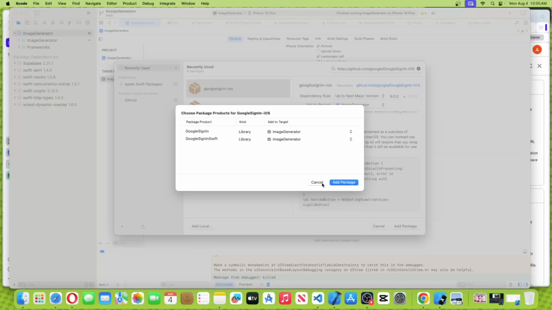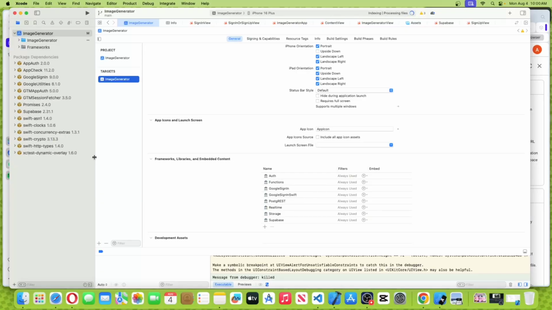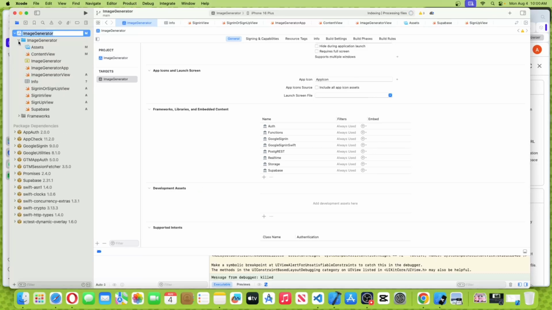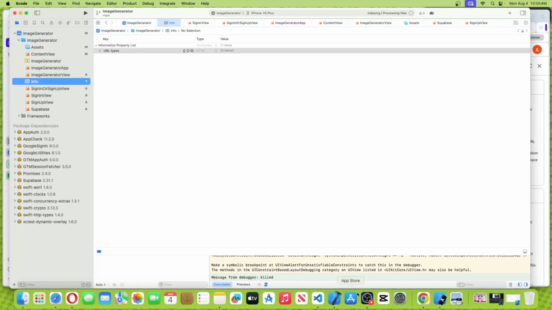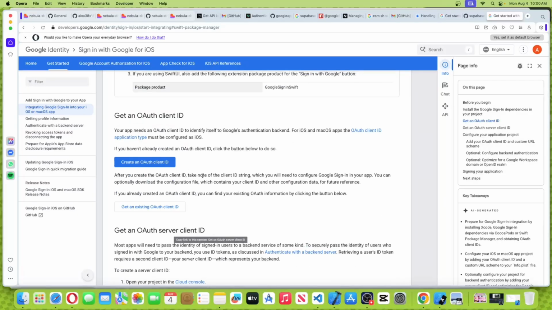Google Sign In Swift, add package. You can see Google Sign In Swift. Okay. Let's say, so the setup is